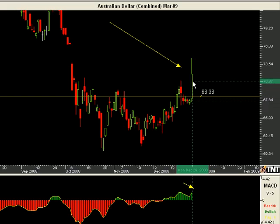And they're not always huge single day spikes like this. Oftentimes it will take 3 or 4 or 5 days to mature, but the fact remains that we saw it coming. The market failed to follow through on the sell signal, came back again with support, and that was our failure right there. So you can see that a failed signal is indeed oftentimes the best signal. And that's this week's